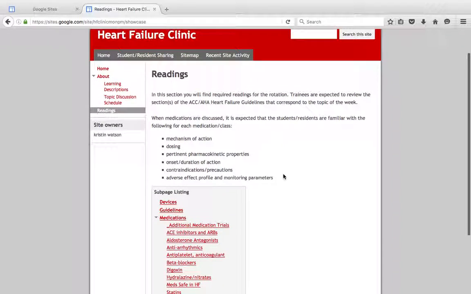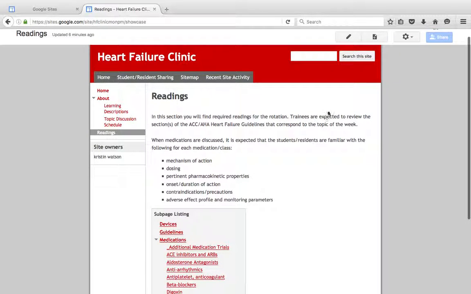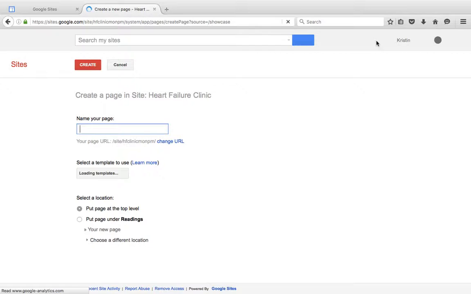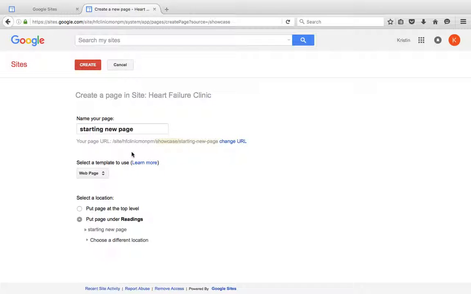And another thing, if you want to add another page, say I wanted to add another type of reading, that's also really easy to do, or to add another page throughout the whole Google site. This thing here is to create a page, so I'm just going to say starting new page, and I have this opportunity here below. I can put it on the sidebar, that would be putting it at the top level, or I could even put that page under readings. So say I wanted to add a new topic discussion such as anemia, we could create that page